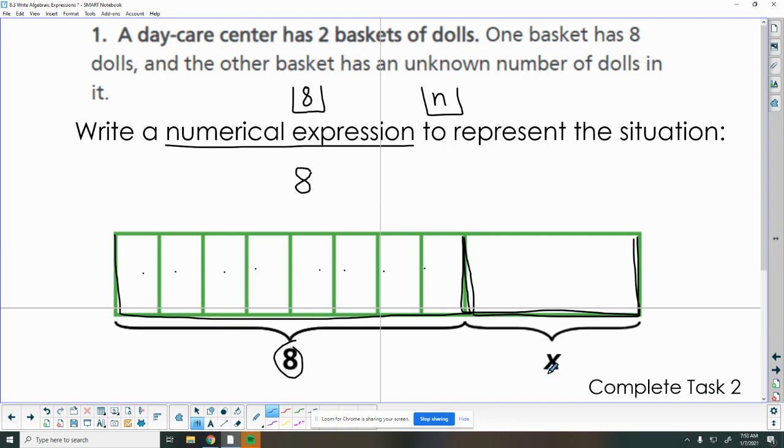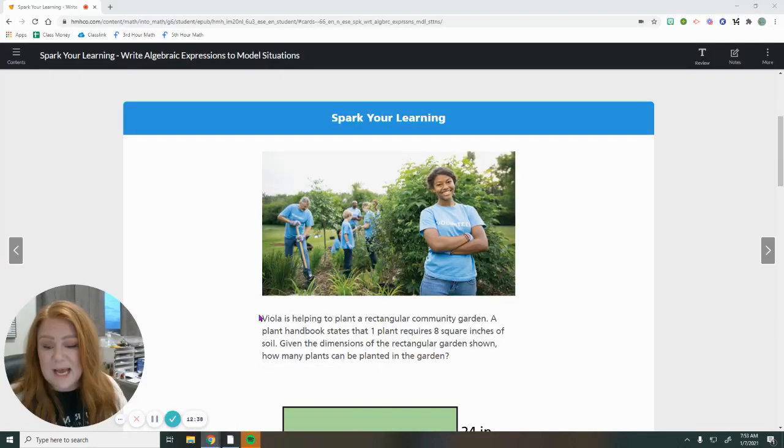Now to see how many dolls there are all together, we would add those 8 plus X. Then once we know how many dolls are in this basket, we could plug it into our expression and complete the problem. So go ahead and complete task 1. So task 1